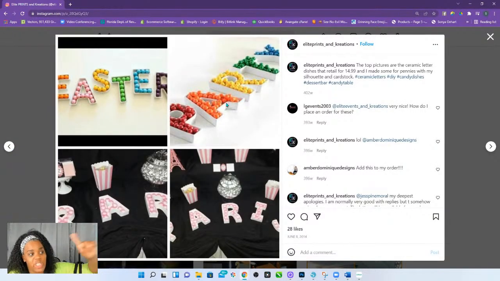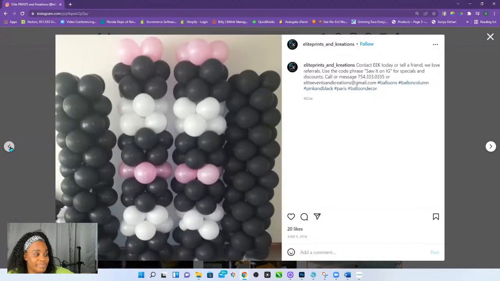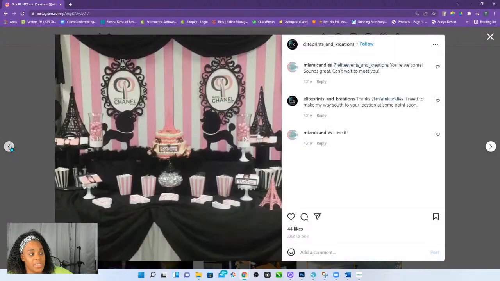Those things cost a whole lot, $14.99 per letter. Who? I made me some out of paper. I sure did. I wasn't paying $14.99. I made them out of paper. These balloons are from like a couple weeks later. No, this is probably a couple days later. But they stayed in my garage for like three weeks, blown up that way.